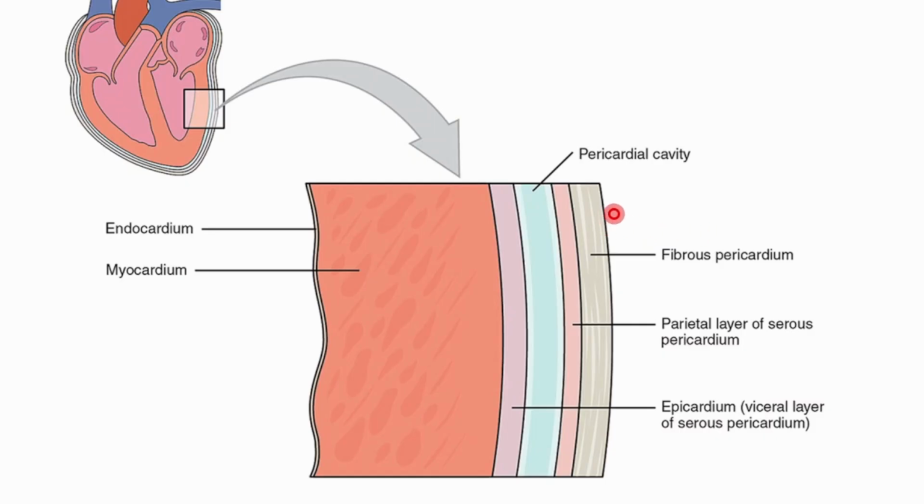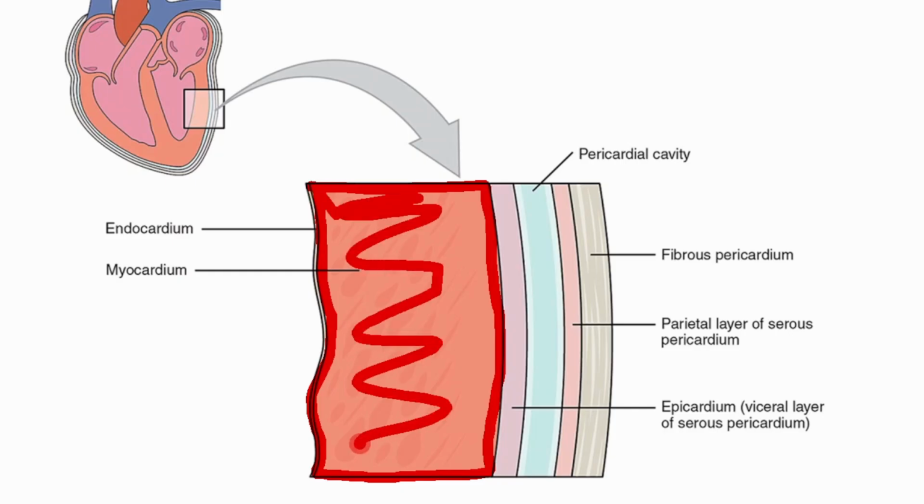Immediately deep to this cavity, the serous pericardium forms our outermost cardiac wall layer, the epicardium. Moving inward, we will see the thickest, most energy-demanding layer of the heart wall, that is this region. This is called the myocardium. This layer is composed of highly specialized cardiac muscle tissue arranged in spiral bundles. Why do we need this unique muscular configuration? Because when these cells depolarize and shorten, they wring the heart like a wet towel, maximizing the volume of blood